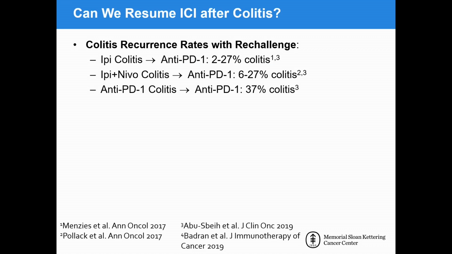A question that I heard come up in the last discussion that I'll mention briefly, which has fairly limited data, but in GI, because of how much toxicity we see, we're starting to see some answers to these questions, is: can we resume immune checkpoint inhibitors after a patient develops colitis? It's a question that I'm asked all the time. There are a couple of cohorts, and depending on how you configure what you were treated on when you develop toxicity and what you end up with, the rate of recurrent colitis is probably somewhere between 5 and 30%. So it's a large range, and I think we probably need more studies. But is there anything we can do to mitigate that risk or prophylax these patients?